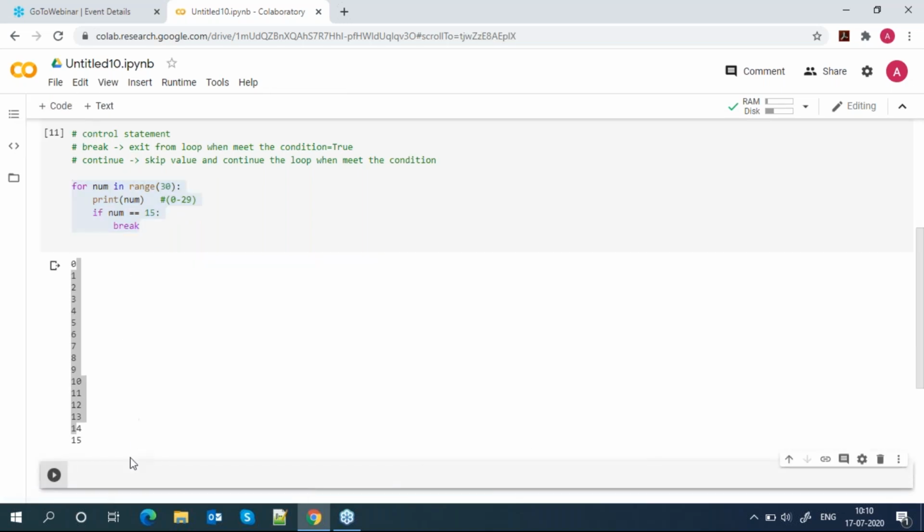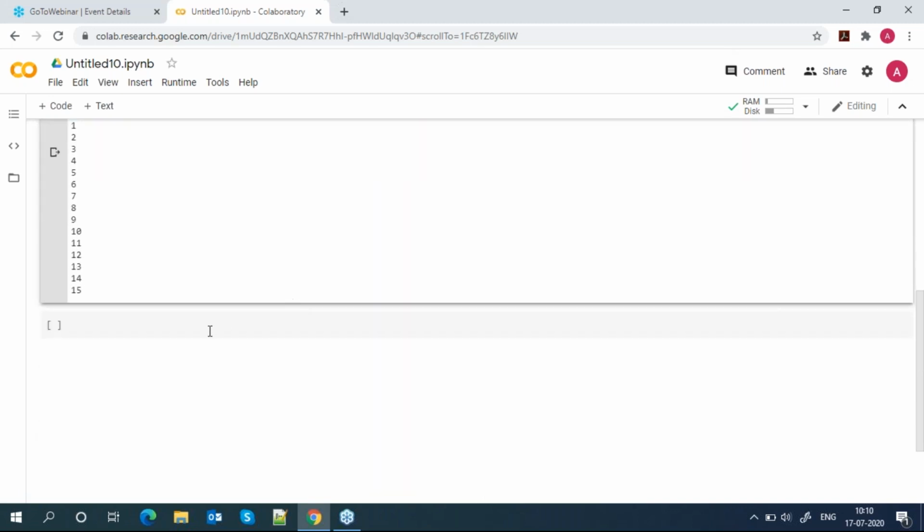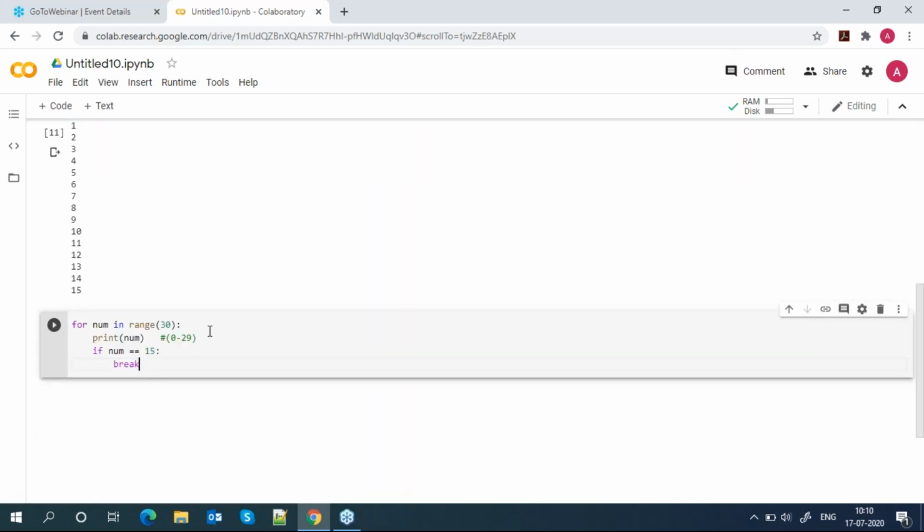So similarly your continue is also like that. Let's check the continue in another cell. Same thing, we are using continue. As I told you, continue will skip that particular condition and continue the loop.